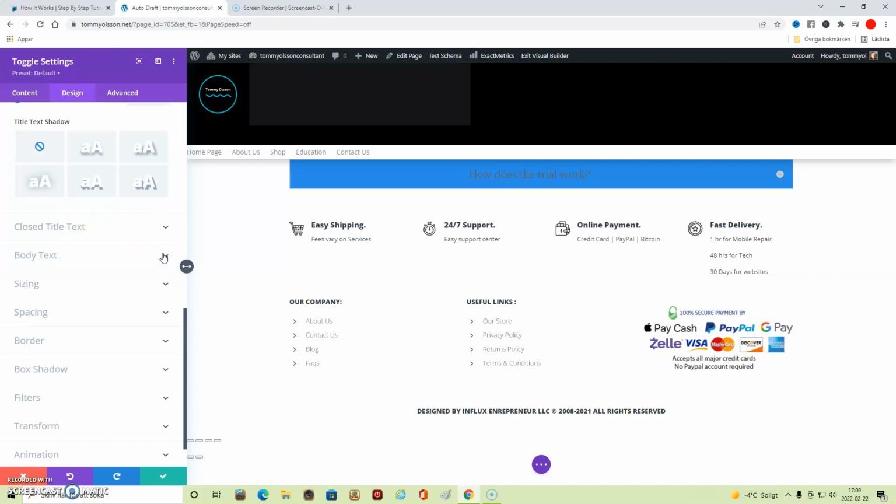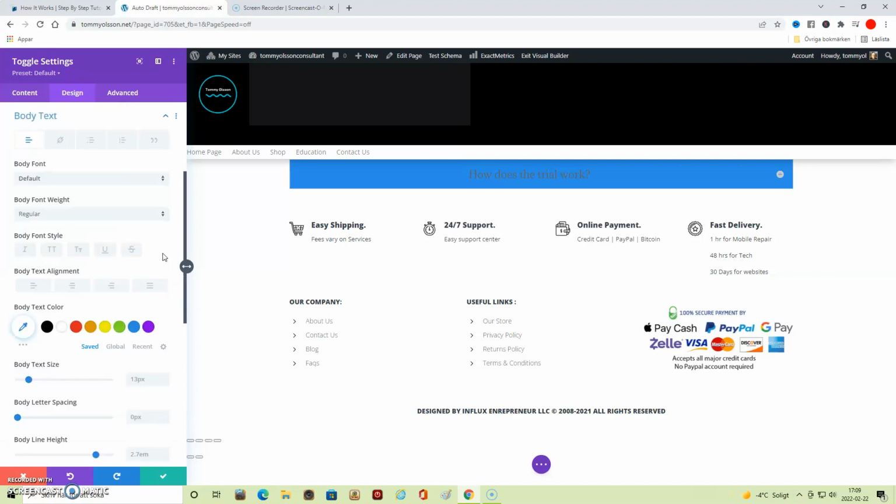You can go to body text. This is the text that will be added where you answer your questions. For instance, how does this ride work?